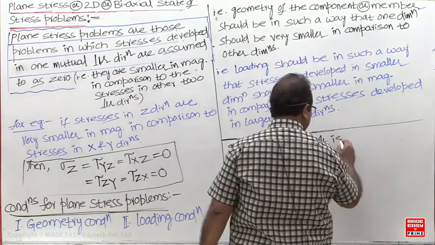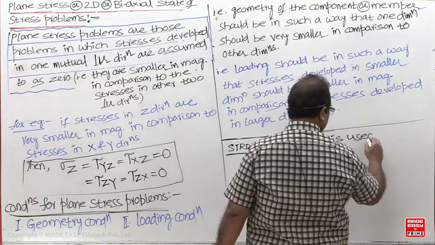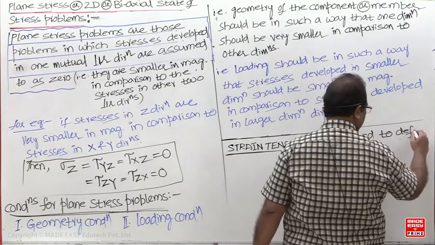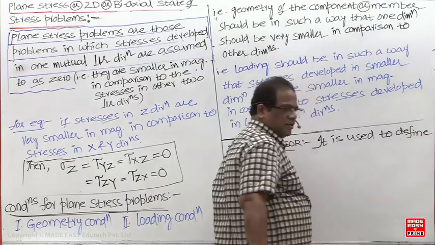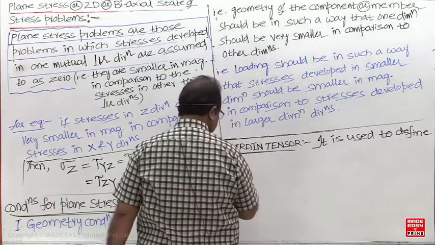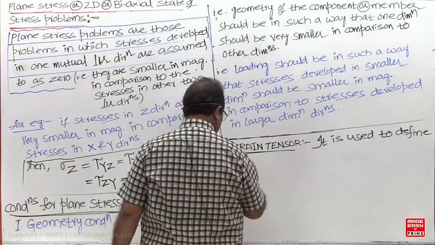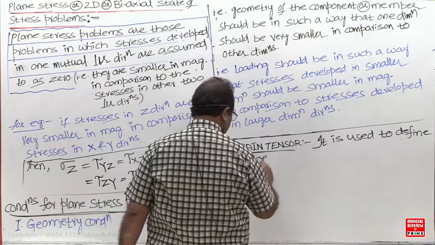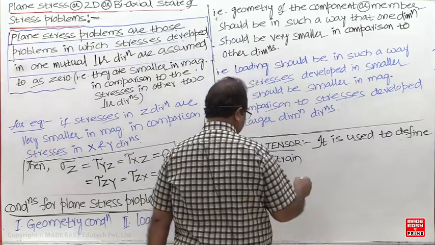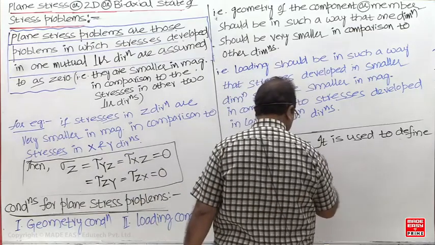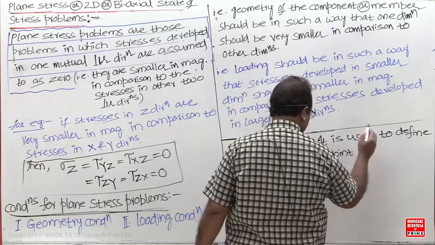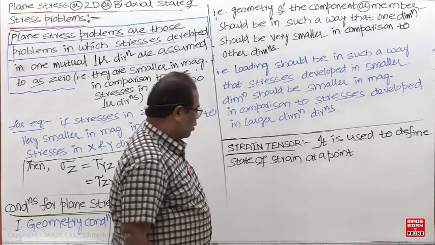It is used to define the state of strain at a point, that is